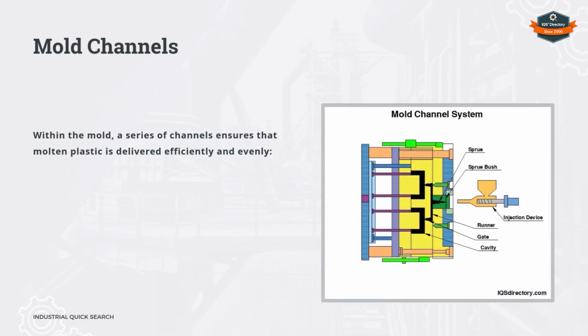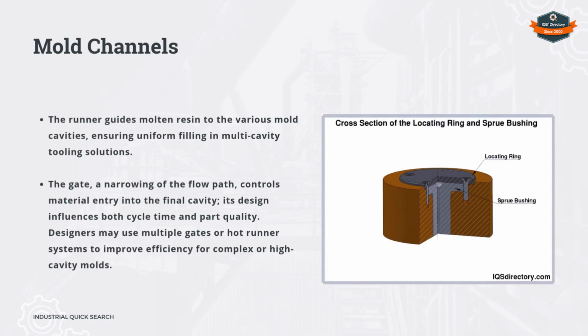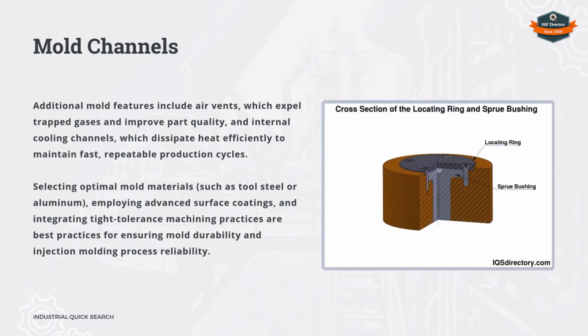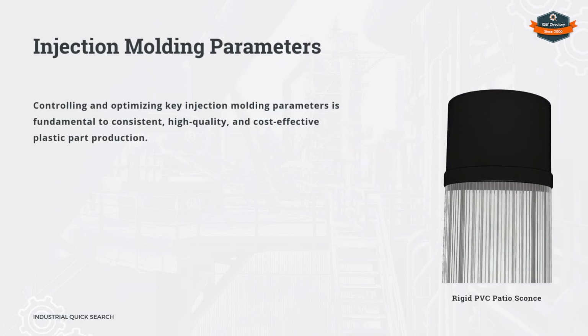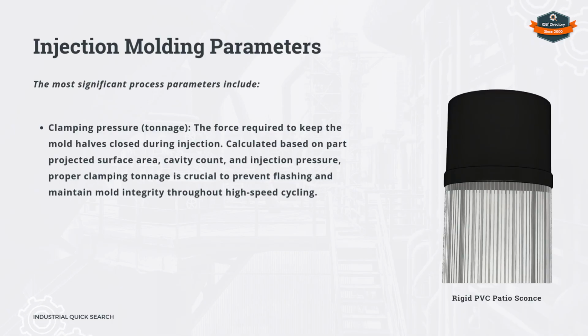Mold channels. Within the mold, a series of channels ensures that molten plastic is delivered efficiently and evenly. Injection molding parameters. The most significant process parameters include